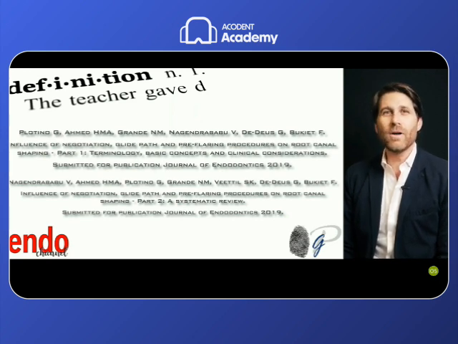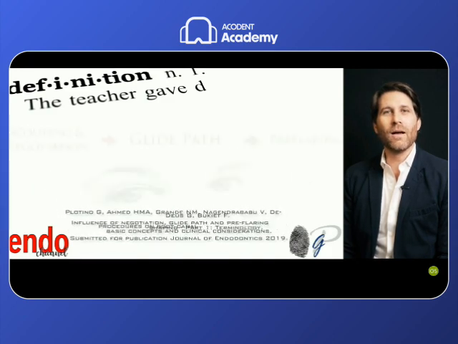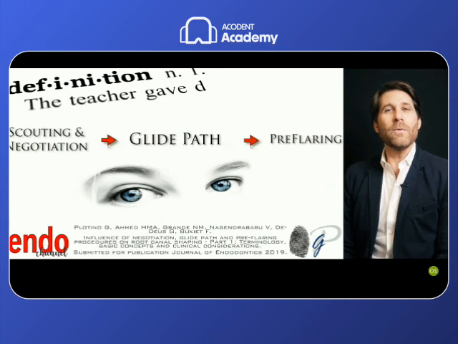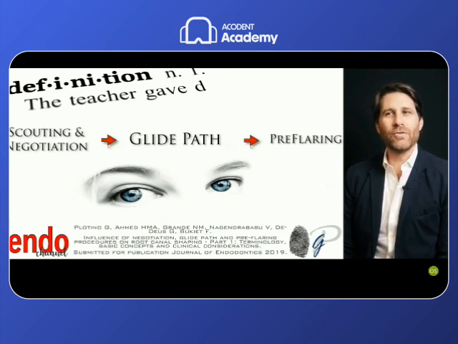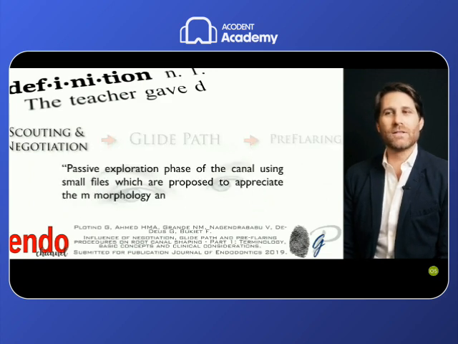Here, I hope you will find these definitions very clearly in a scientific article. When we speak about this phase of endodontic treatment, the initial steps after the access cavity and the orifice location, we are speaking about scouting and negotiation, the glide path, and the preflaring. So I want to give you the definition of these steps.